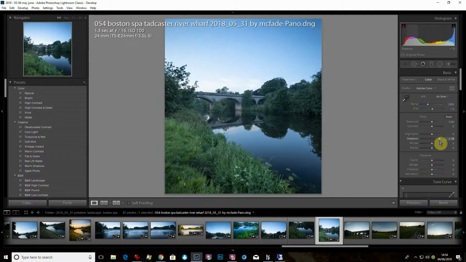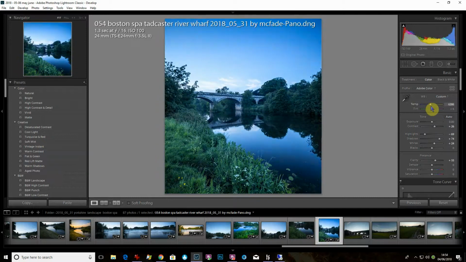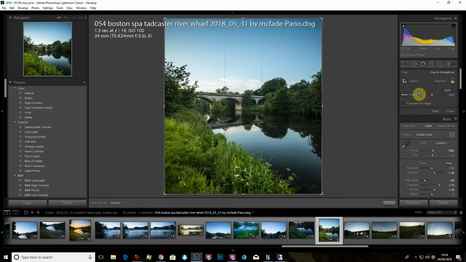So I'd probably open the shadows up a little bit, maybe darken the sky, you know, just whatever you want to do. A bit of clarity, a bit warmer, a bit cooler. I think warm's good, it was a summer's evening. A bit more colour. And then the great thing about doing panoramics is you do have the option to crop